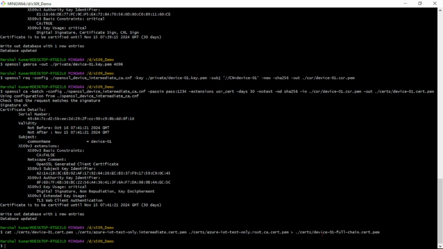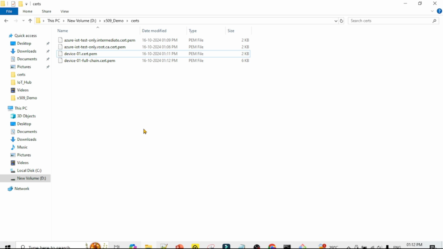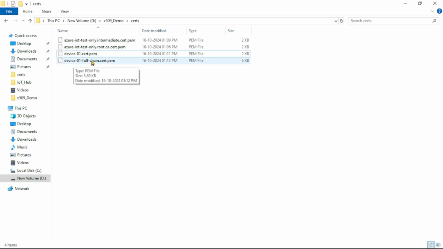And you see it says it must have created this device 01 full chain certificates.pem, and let's cross check in our folder, and yes we have this full chain of certificates.